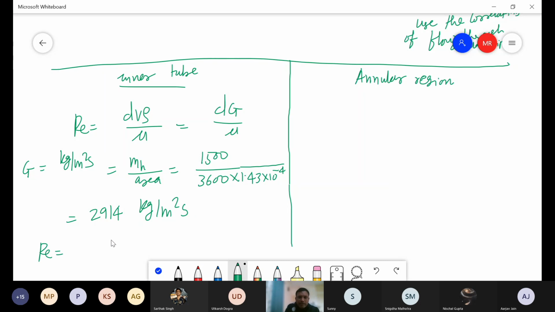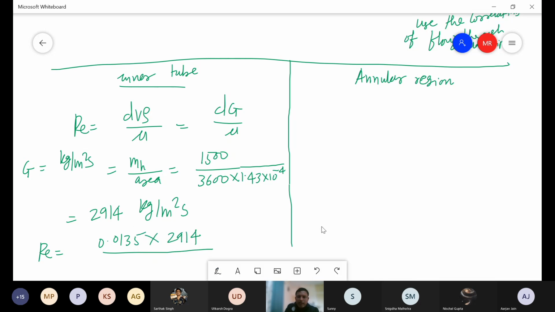So Reynolds number in this case, diameter of the inner tube is given as 0.0135 multiplied by this G, 2914, and the viscosity of